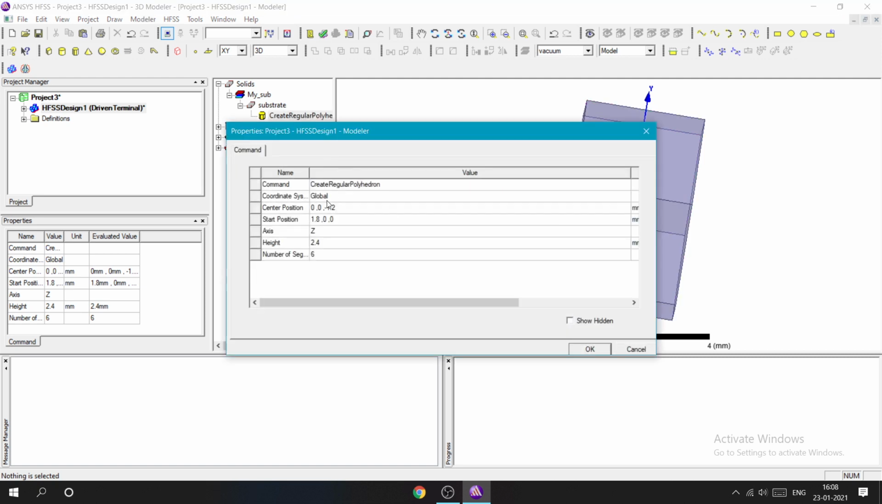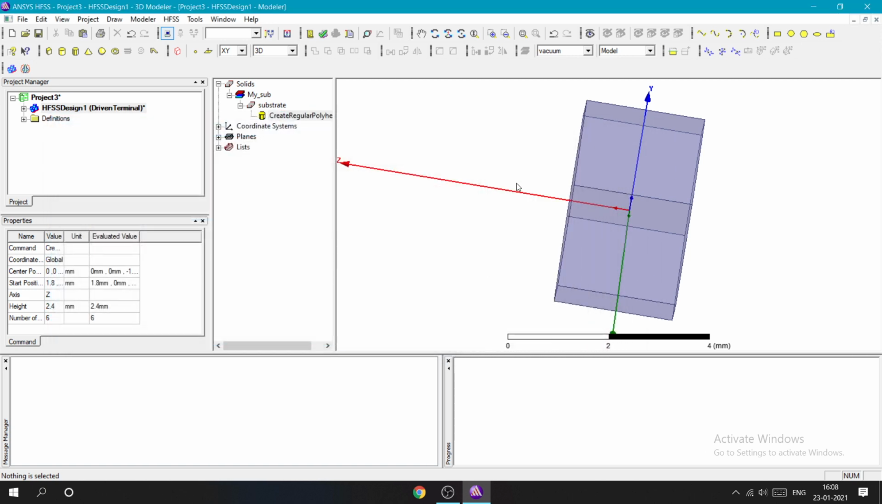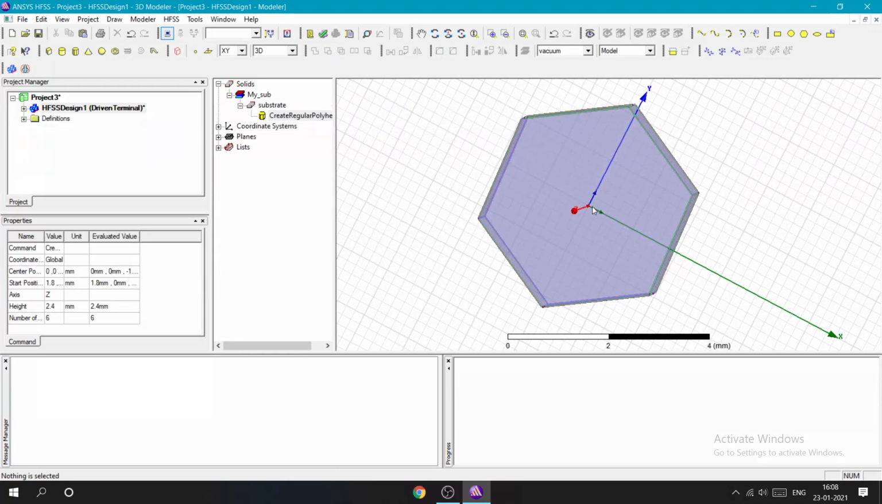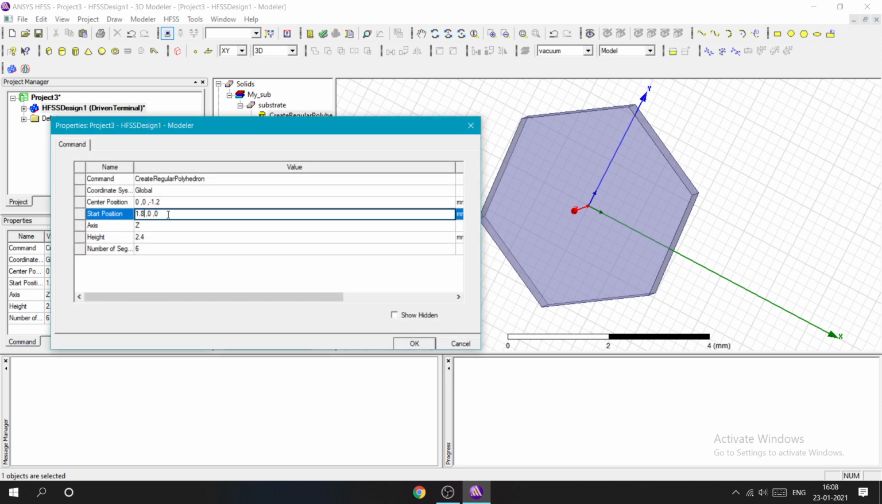And now coming to the radius. By radius I mean the distance from the center to any one of the vertices. For my experiment, the distance is not a real number; using trigonometric equations I got 22 by cos 30 degrees. So how to give that here: 22 divided by cos